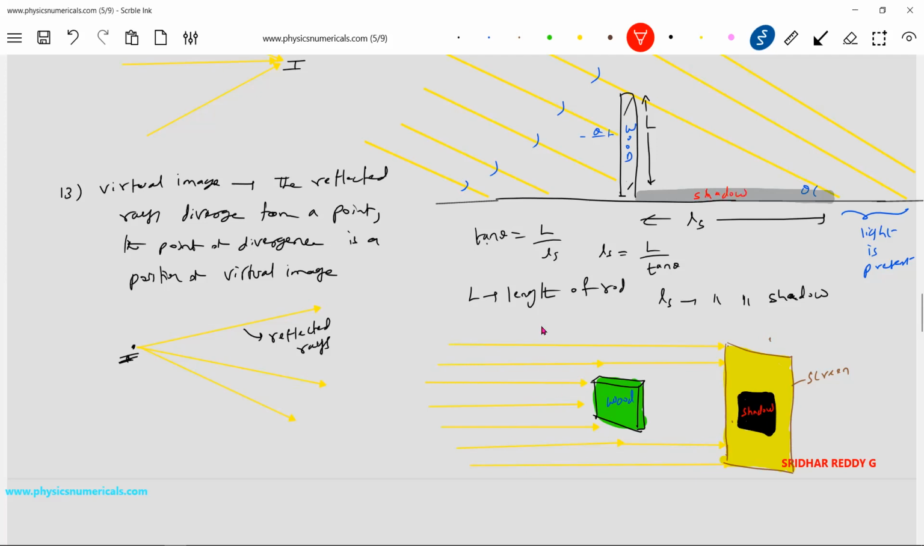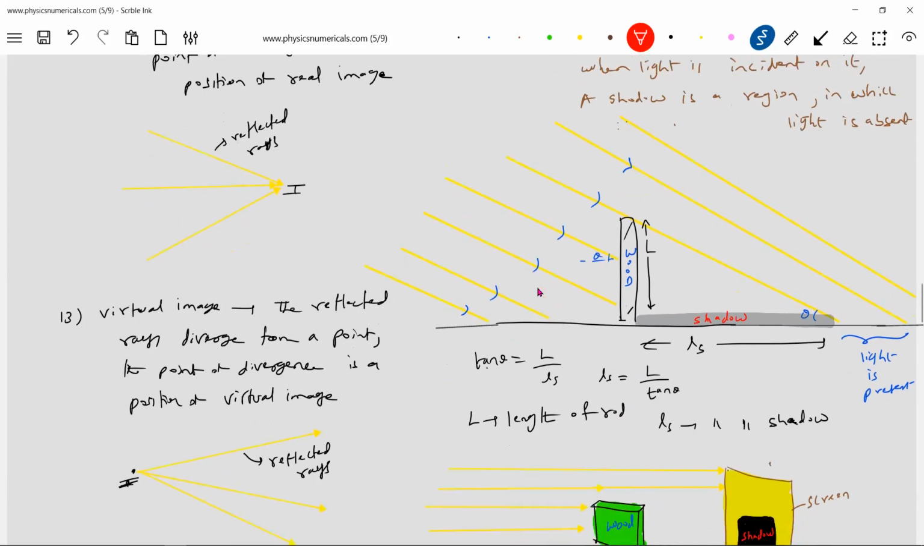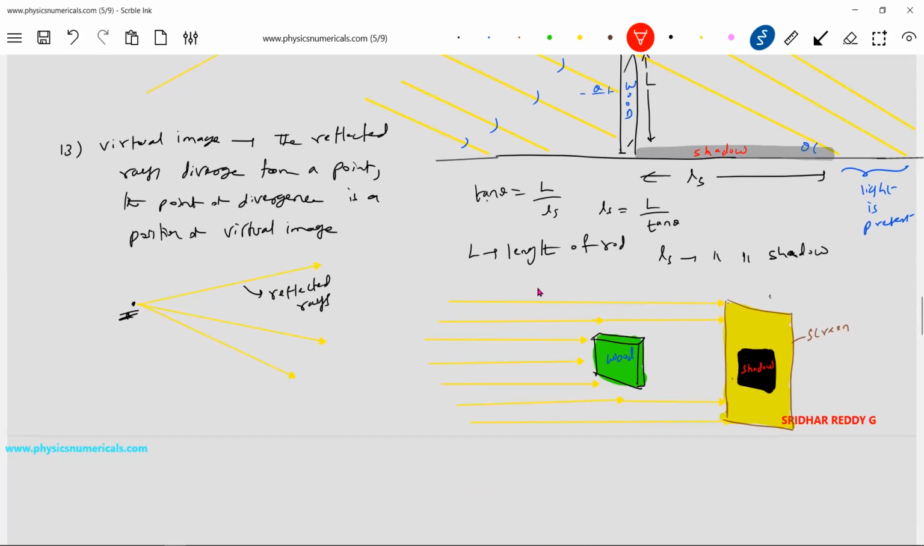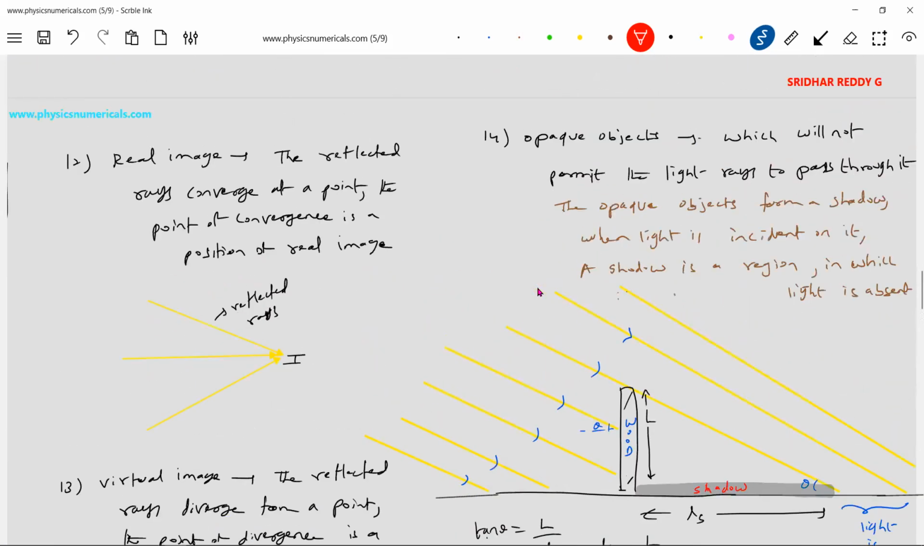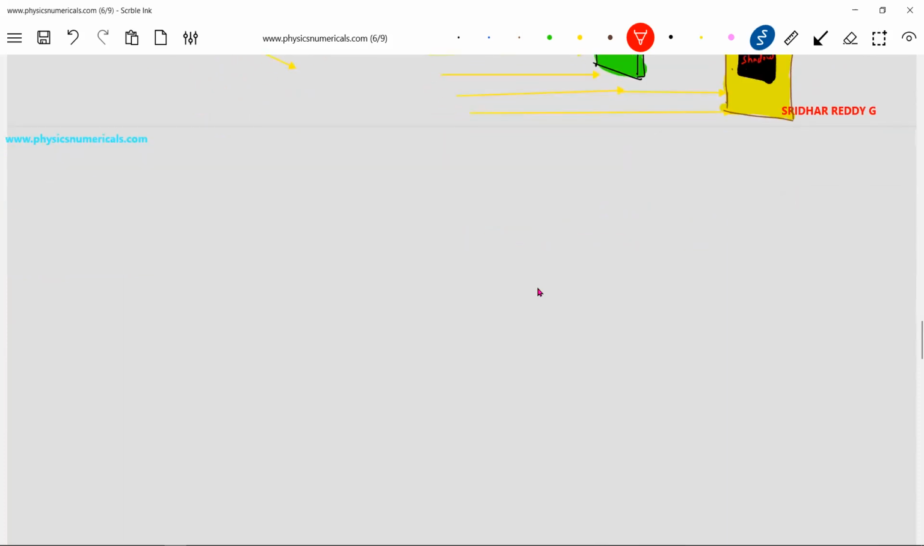Like this we can define the various quantities related to ray optics. Before entering into ray optics, we have to come across many things, all these terms, around 14 terms. Now one more: transparent object. We have this